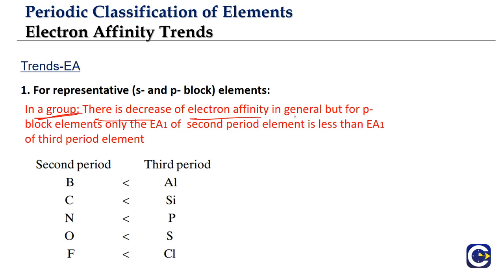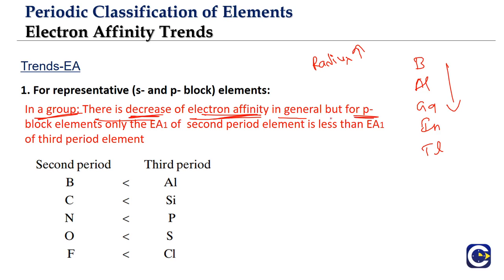there will be a decrease of electron affinity. Why? We already talked about it. For example, when you move down a group, take any group, say boron, aluminum, gallium, indium and thallium. When you go down a group, more shells are added, which means the radius is increasing. So generally, the electron affinity value will be decreasing. There will be a decrease of electron affinity when you go down a group.